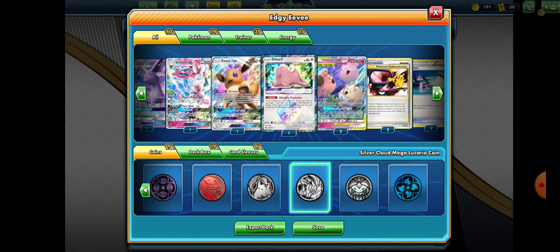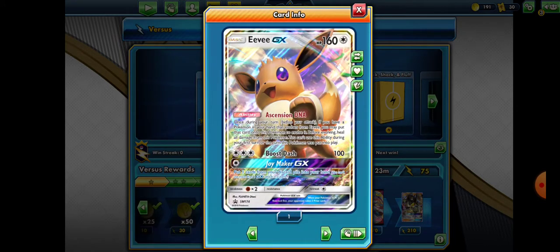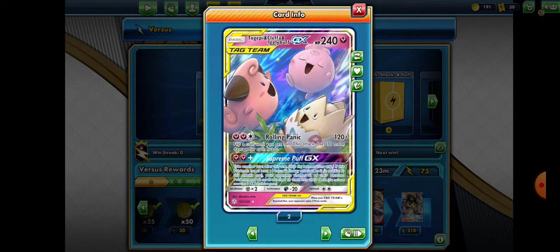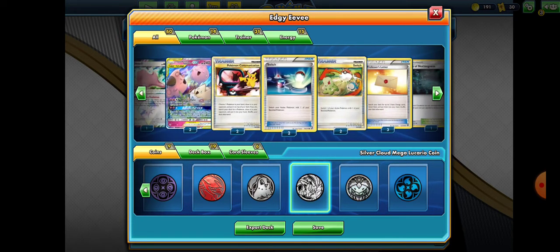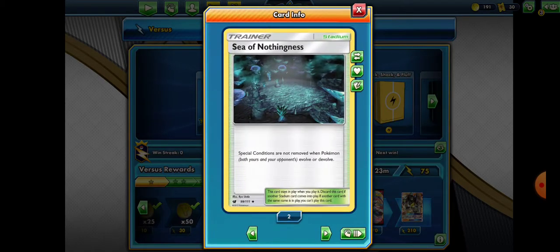Because we have 6 Eevees, I also have a Ditto, which you can evolve into literally anything, as well as an Eevee GX, just so we have a 5th Eevee evolution target. And then, just as a backup fighter, we have 2 copies of a tag team called Togepi, Cleffa, and Igglybuff. Doesn't always do a lot of stuff, but it's won us a couple of games, coming in clutch from time to time. And then you have Pokemon Communication, some switches, Professor's Letter. I think this actually is a recent addition, so